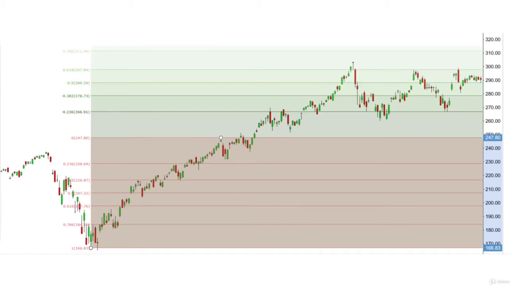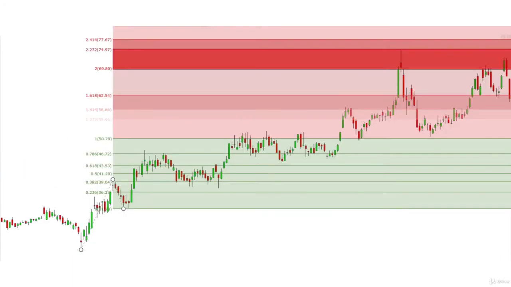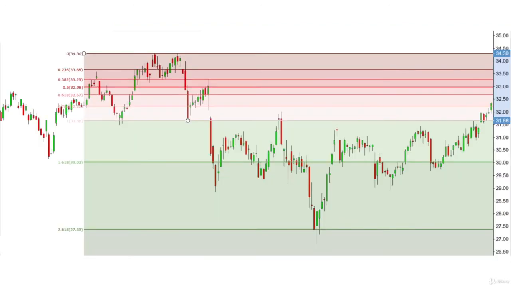This class is for those with an intermediate level of technical analysis and already understand the basic concepts of Fibonacci retracements. Fibonacci extensions and projections move beyond the 0 to 1 range of Fibonacci levels. These include famous levels like the 1.618 level, along with other levels above and below the familiar 0 to 1